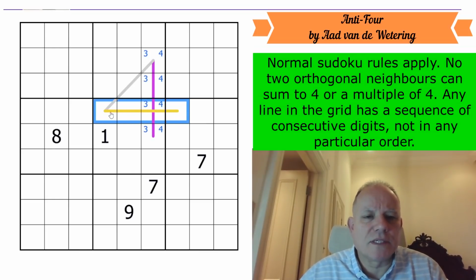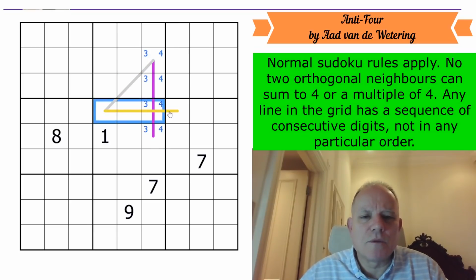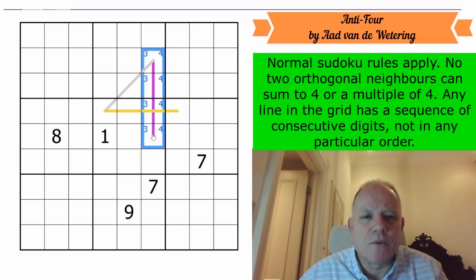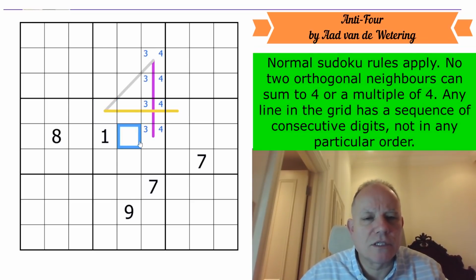If you had a 9 on this line... First of all, I was worried that if this was 3, 4, 5... Oh no, I was thinking if this was 1, 2, 3, 4, then the most this could be is 4, 5, 6. And that would allow theoretically 6, 7, 8, 9 here. But actually, since it crossed through that, you couldn't get up to 9. But I'm talking absolute nonsense, because this doesn't have to be 1, 2, 3, 4. This could be 3, 4, 5, 6. This could be 6, 7, 8, and then you can get to 9 easily. So I've just... yeah, you could get...